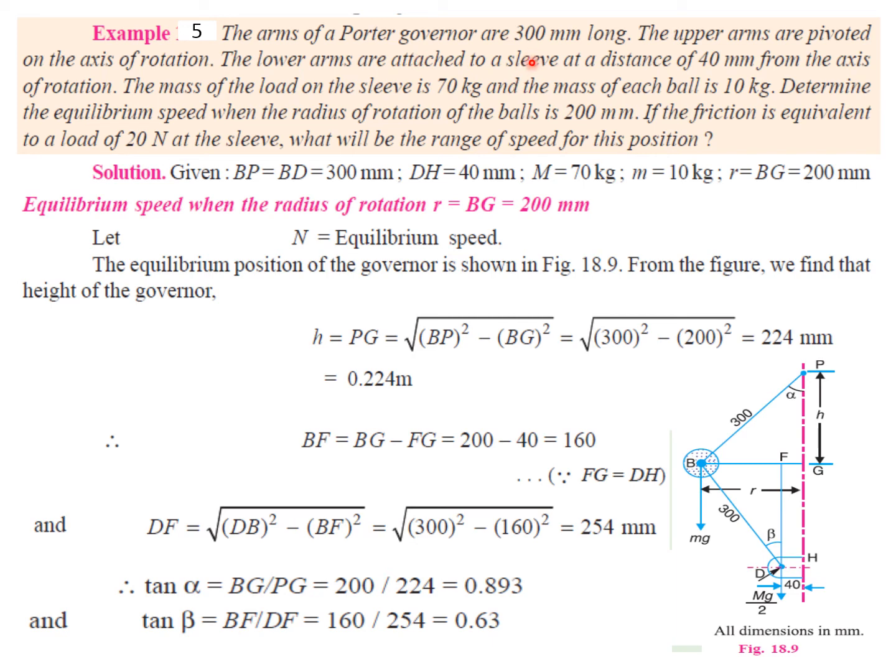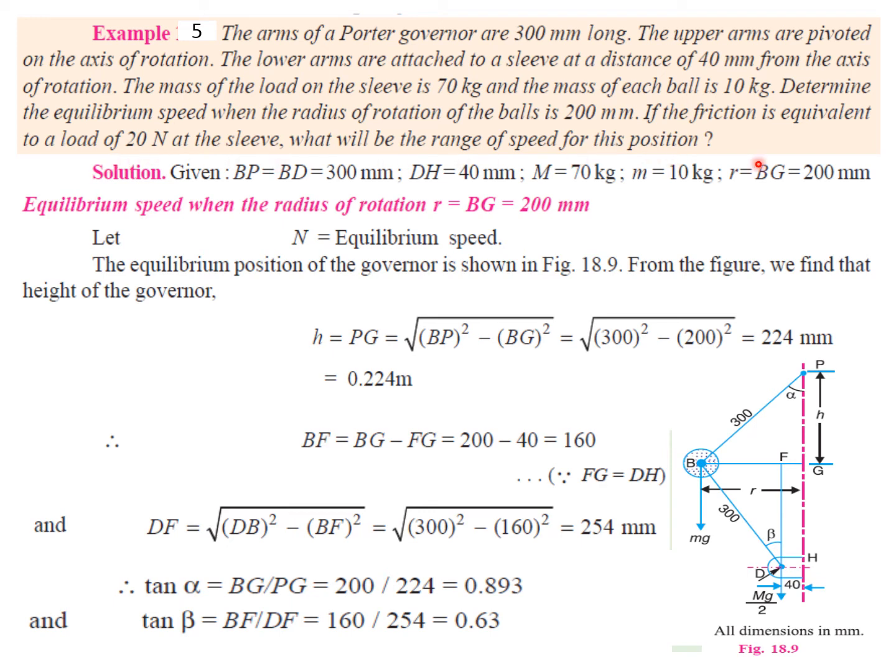The arms of a Porter governor are 300 mm long. The upper arms are pivoted on the axis of rotation. The lower arms are attached to a sleeve at a distance of 40 mm from the axis of rotation. The mass of load on the sleeve is 70 kg and the mass of each ball is 10 kg. Determine the equilibrium speed when the radius of rotation of the balls is 200 mm. If the friction is equivalent to a load of 20 Newton at the sleeve, what will be the range of